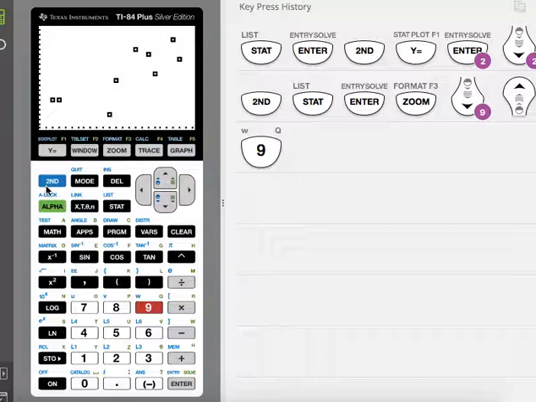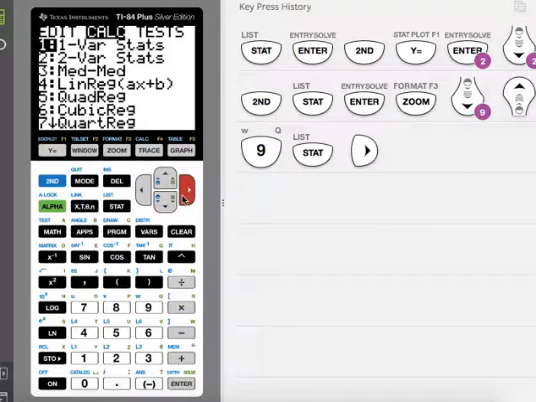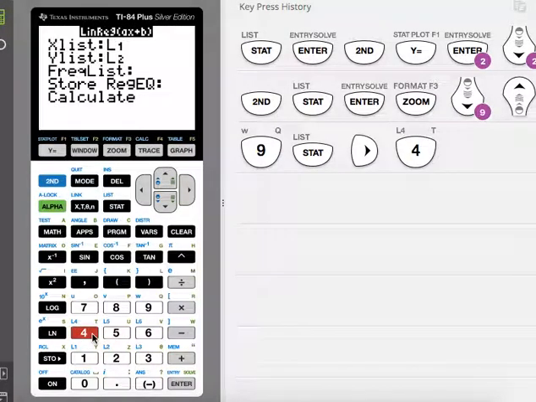Now I can also find a line of best fit for this, and our calculator can do quite a good job at this. So I'm going to go back to stat, and instead of editing my list, I'm going to find an equation for the list. So number 4, linear regression. And I check again, is my X list L1? Yes, it is. Y list L2? Yes. Frequency list, don't worry about that,